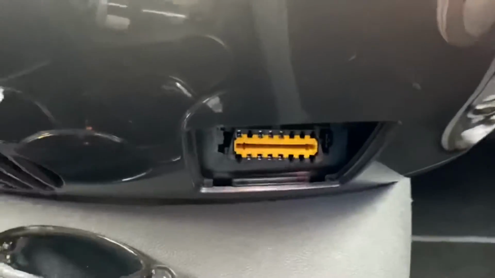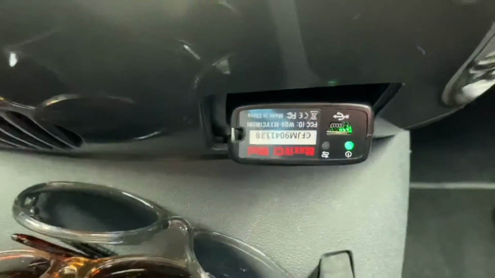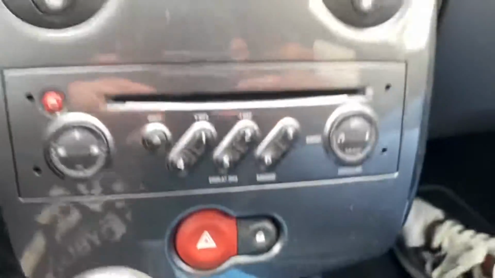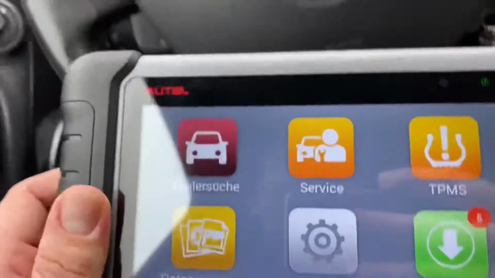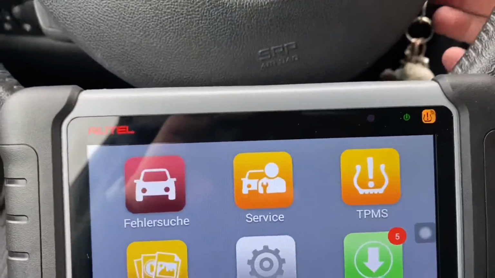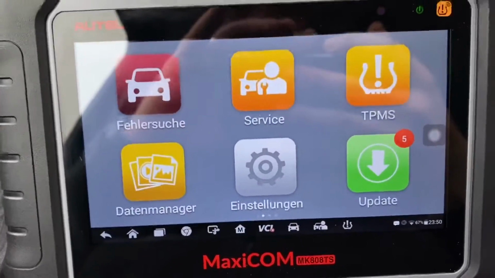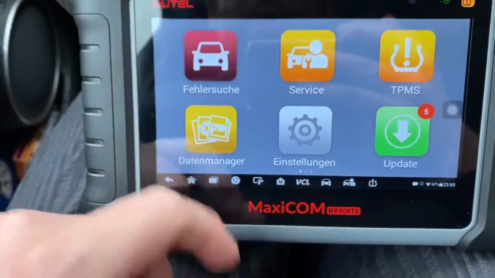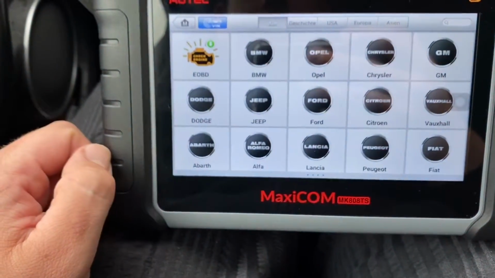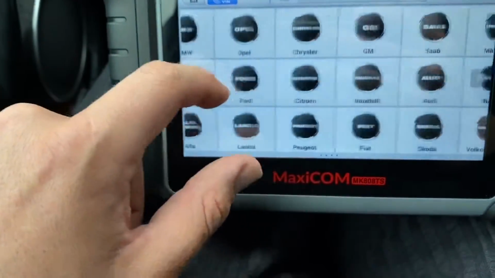Now you can see this is the OBD2 port, which we are going to dock our dongle in. Maybe you have a wired dongle, no problem, it's the same style. In this case, I have a Bluetooth dongle, with the ignition on, of course, and this Bluetooth dongle is connected to my professional OBD2 scanner system.